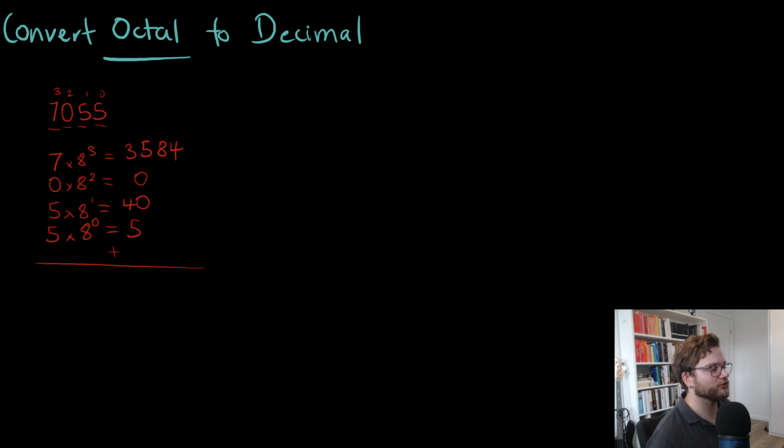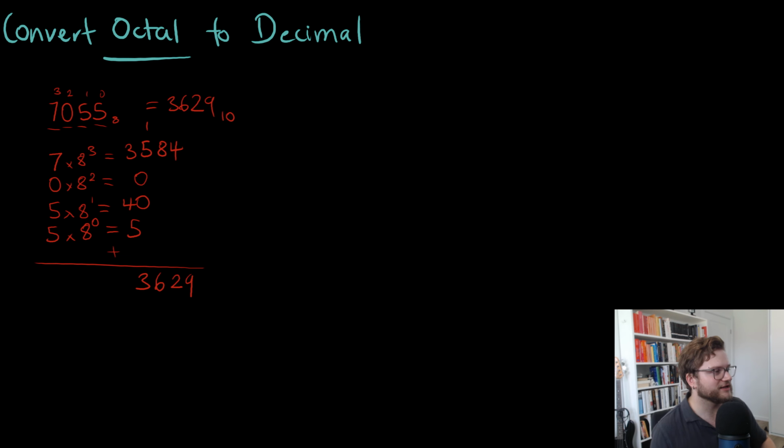Now, how do we get this number and turn it into our decimal number? Well, all we do is we add it together. So if we look in the leftmost column, we have 4 plus 0 plus 0 plus 5, which is 9. Then we have 8 plus 4, which is 12, and carry the 1. We have 1 plus 5, which is 6, and we have a 3. So 7,055 in base 8 is equivalent to